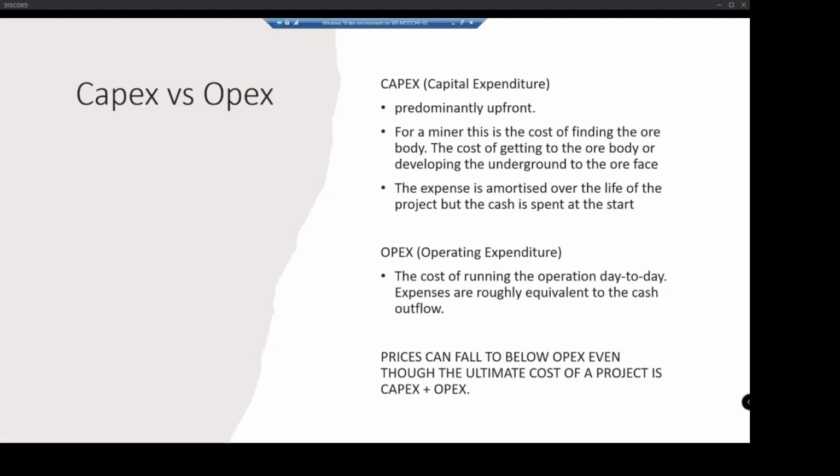Whereas operating expenditure is the day-to-day cost of actually extracting the commodity when the project is running. If you're talking about a mining company, you've got to pay for the fuel for the trucks, the maintenance for the trucks, the guys running the trucks, and transport to shipping. They do estimate the OPEX for mines that are not running yet. That is generally in the financial forecast. They will predict how much it's going to cost because it's usually pretty easy to predict those sorts of things. And same with CapEx. They run around getting quotes from everyone.